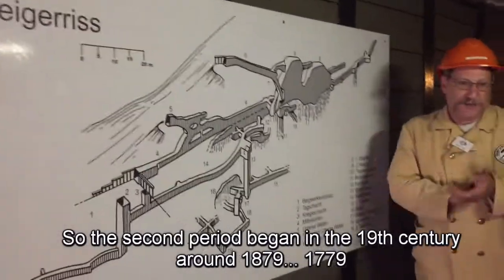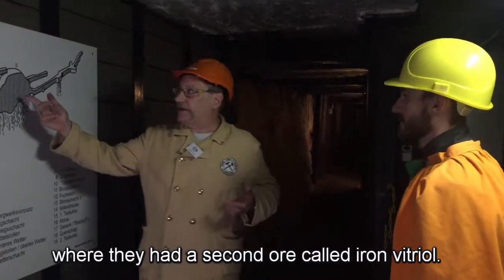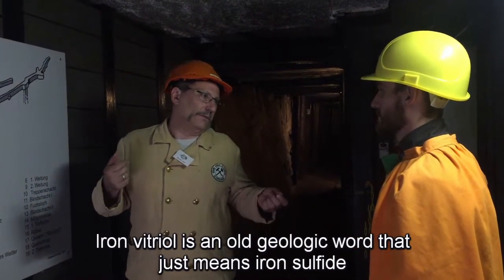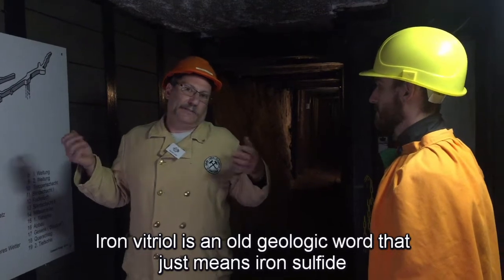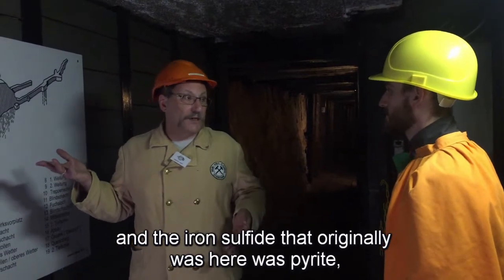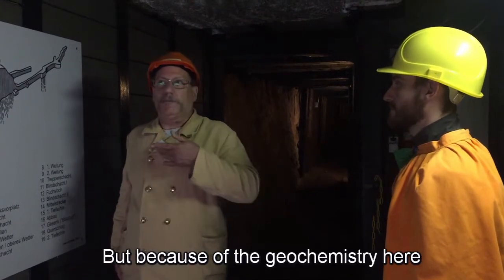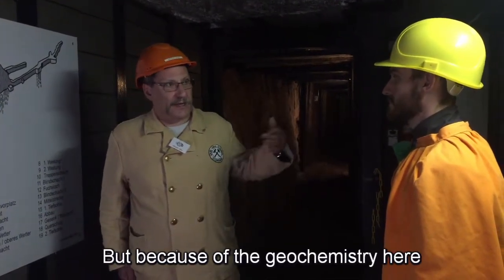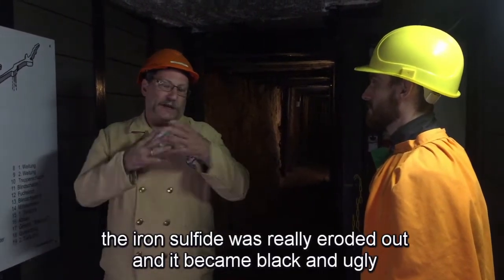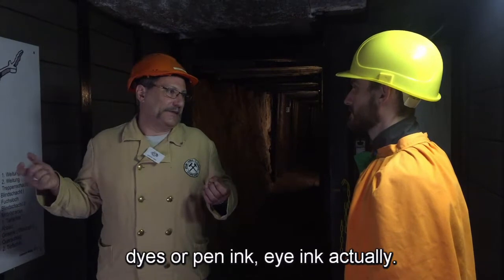So the second period began in the 19th century, around 1779, where they had a second ore called iron vitriol. Iron vitriol is an old geologic word that just means iron sulfide. And the iron sulfide that originally was here was pyrite or marcasite, like fool's gold. But because of the geochemistry here, the iron sulfide was really eroded out and it became black and ugly, but it was very useful for making dyes or pen ink,